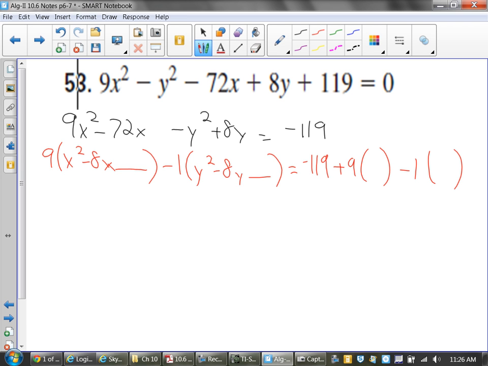That's usually what people forget. Again, what's half of negative 8? 4. Square it. Winds up being 16 for both of these. I'm just going to add 16 in right away for both of them. And over here. So I have 9 times x minus 4 quantity squared minus 1 times y minus 4 quantity squared equals